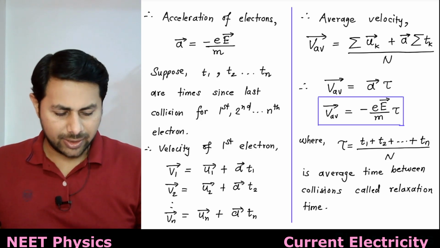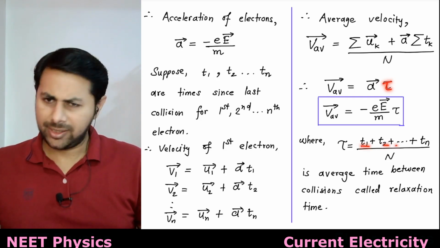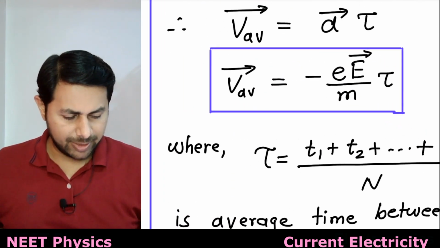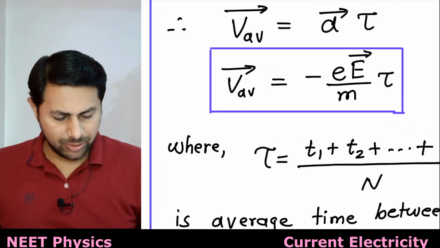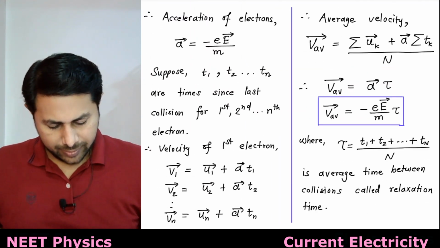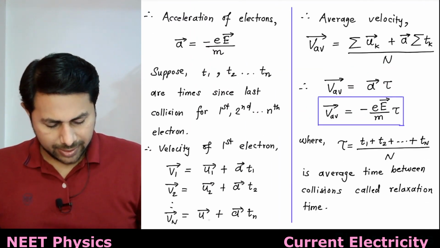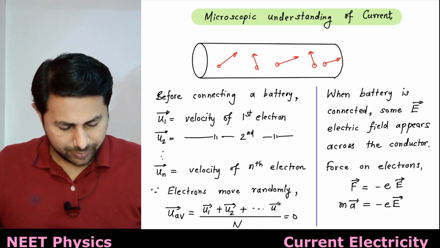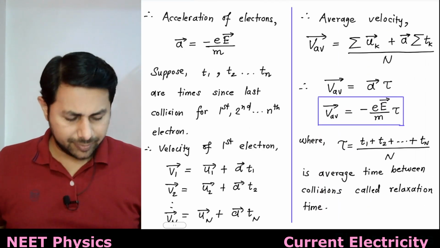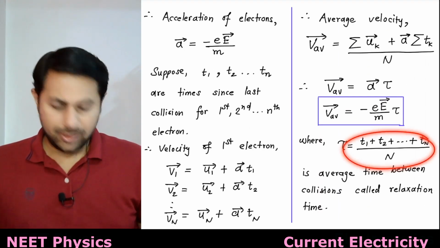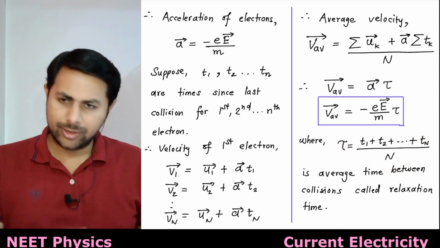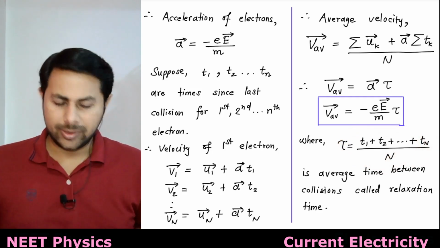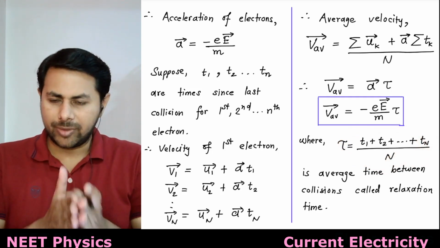So you can write tau as t1 plus t2 plus t3 so on and so forth up to tN. We need to have capital N everywhere, because there are capital N number of electrons. So tau is equal to t1 plus t2 plus so on up to tN divided by N. This is the average time that electrons get between two successive